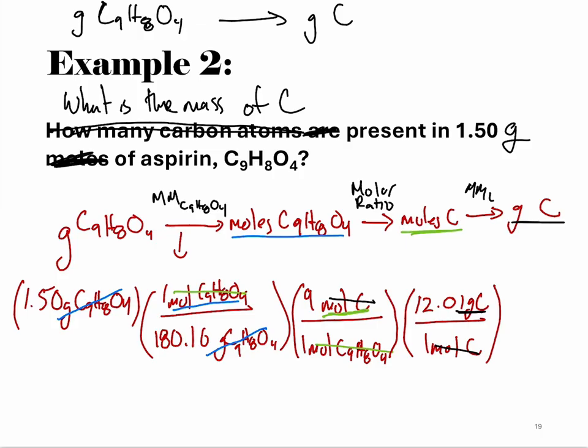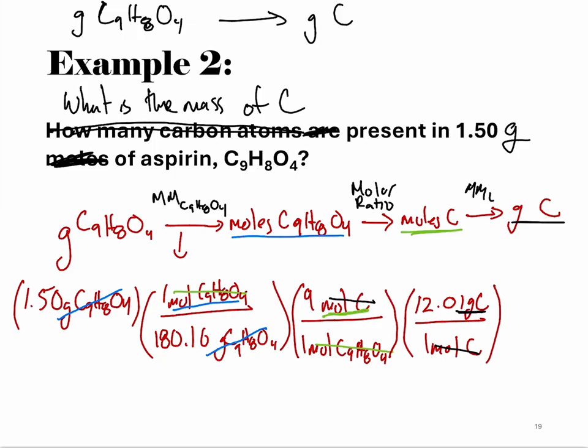All right, so the whole purpose of this multiple step unit conversion is first we have to get things into units of moles. Why? Because that gives us a numerical comparison between the amounts of things, right? We can't use mass because masses aren't equal. So that allows us to use molar ratios to go between moles of carbon in this case and moles of the entire molecule. So that gives us, if we plug everything in,